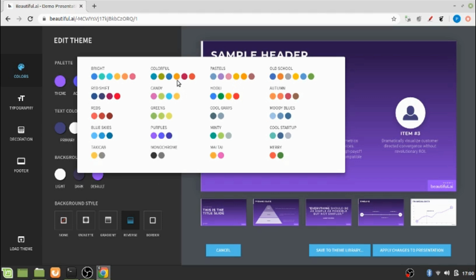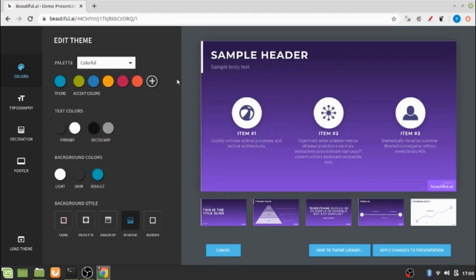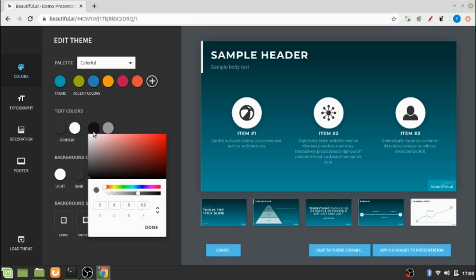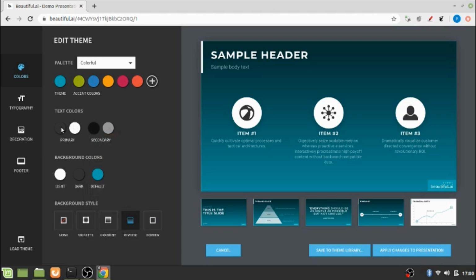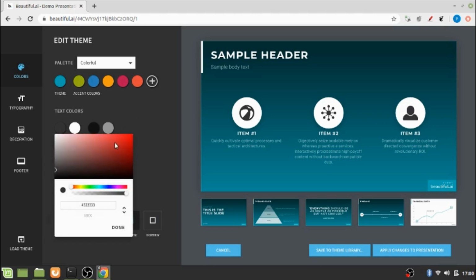Let's say I will choose this color. Then the text color, the primary color is gray and white. The secondary colors are set as black and gray, but you can change these colors. The primary color as, say,